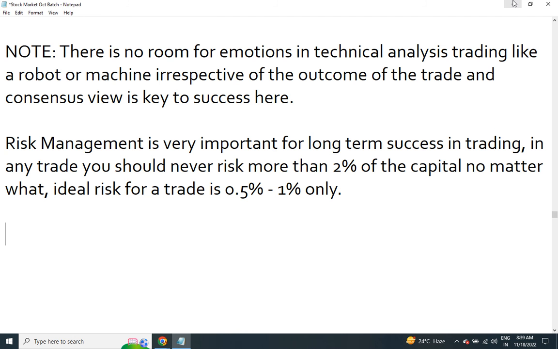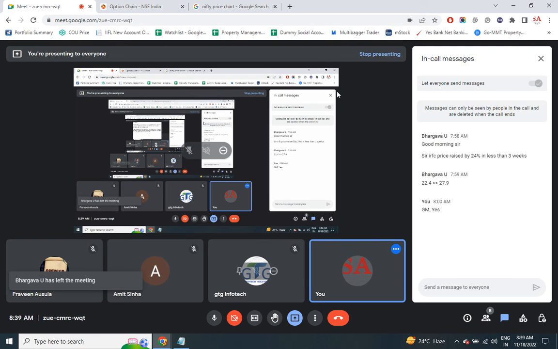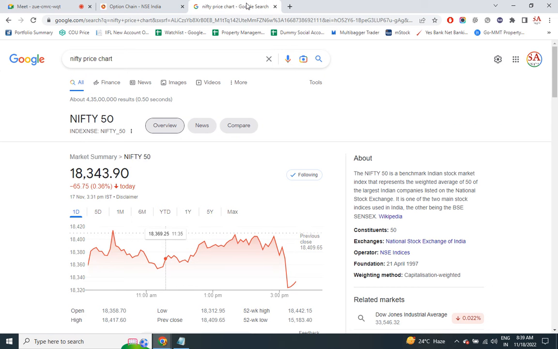Now, there are so many. Technical analysis is an ocean, guys. There are thousands of traders who have written books on technical analysis. And everyone has got their own understanding of the chart, their own opinion on the chart. They have got their own track record. If you dig into Google, you can get the entire encyclopedia. There's an encyclopedia on technical analysis.